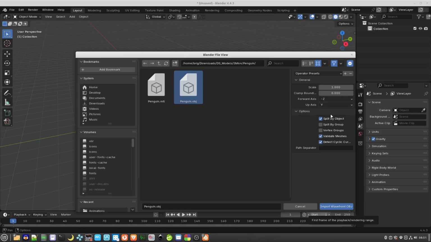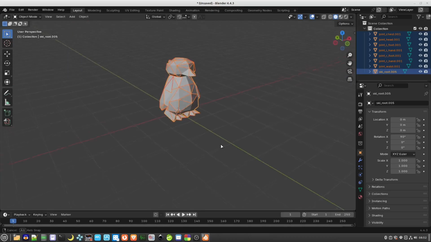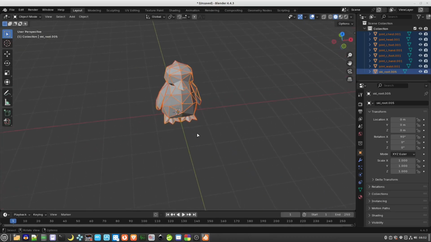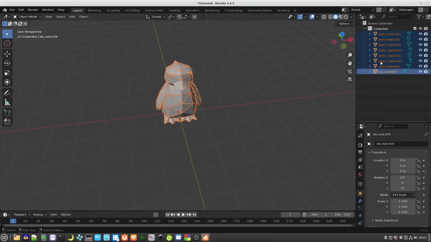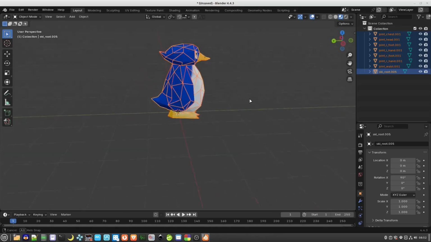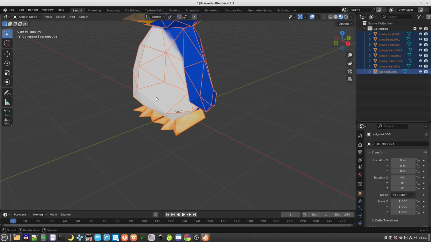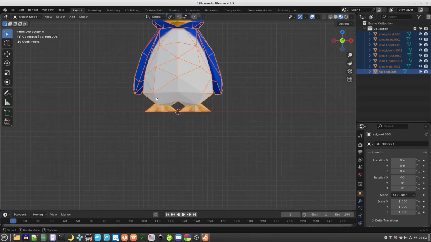I'll have a look around with these here because I think this might make a difference. So when you import it, it looks like it's in one piece, but look how much of the stuff is here. And then if you navigate up to the shading icon here, and then if you press 1 on your number pad here,